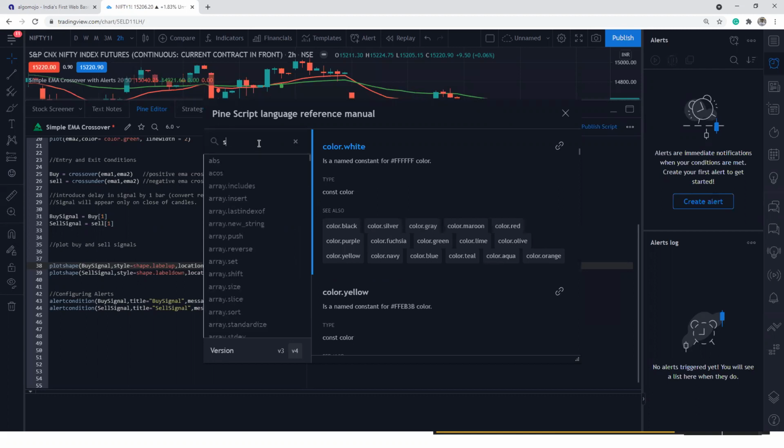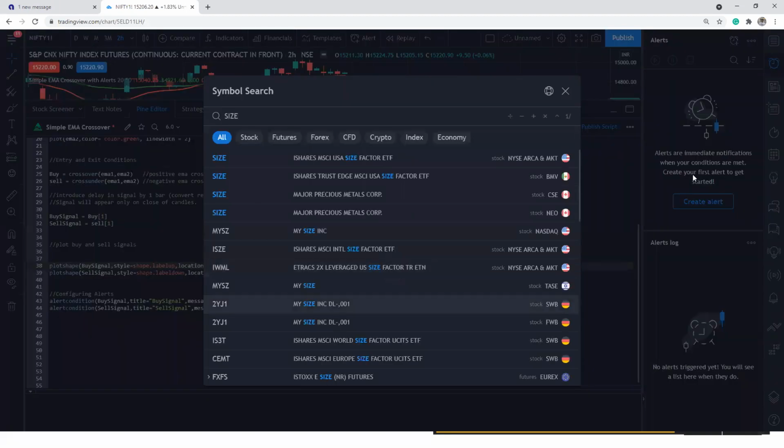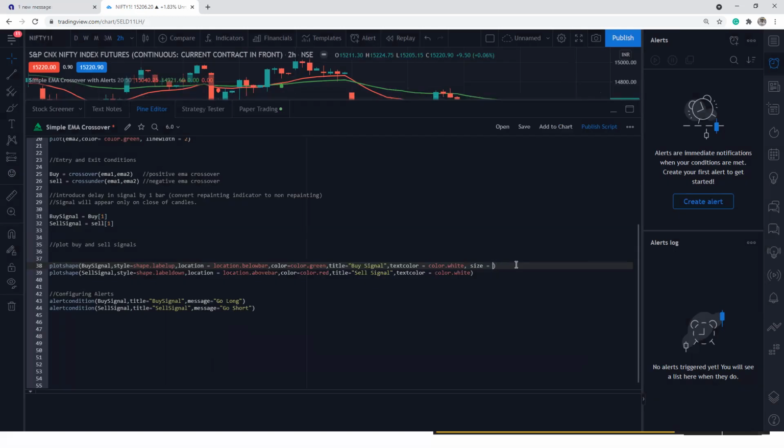You'll get different varieties of size, like size normal, size large, size huge, size small. I prefer size dot small. If not, we'll go for size dot normal.